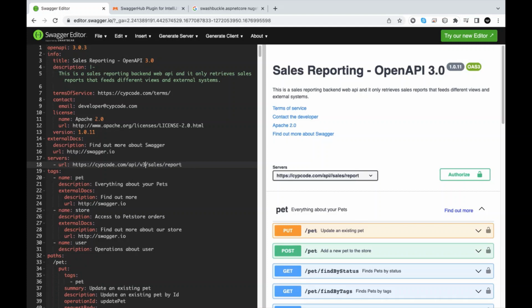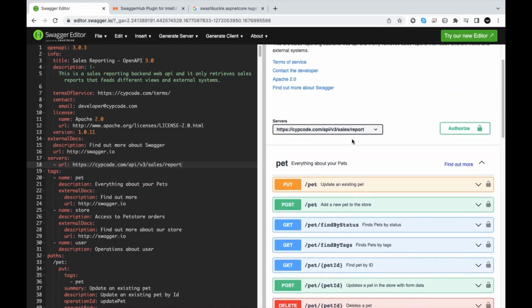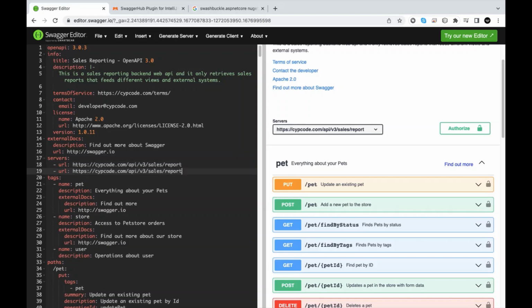Say v3 sales report, and then every other endpoint will follow from this base URL. This will be the base URL everyone needs to get to before they hit your endpoints. And once this is in place, you can put different endpoints here, as you can see that reflects there. And if I want to add another server,